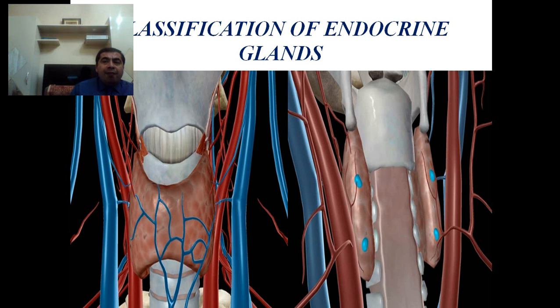And we have a special generation of these glands which are developed from the pharyngeal arch and from the pharyngeal pouch. These are the thyroid gland, parathyroid gland, thymus, and the anterior lobe of the hypophysis, or the